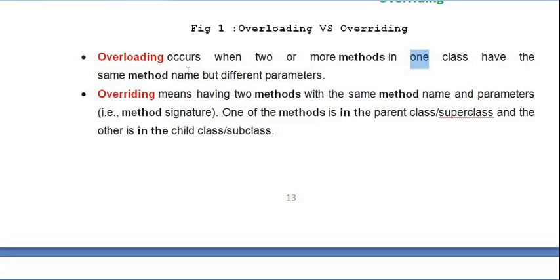Overriding means having two methods with the same method name and parameters, that is, the same method signature. One method belongs to the superclass or parent class, and another belongs to the child class or subclass. That is called overriding.